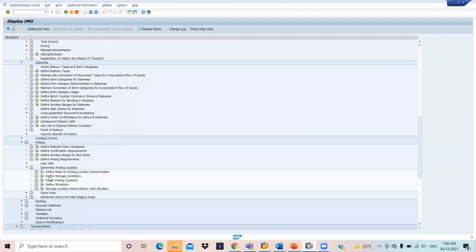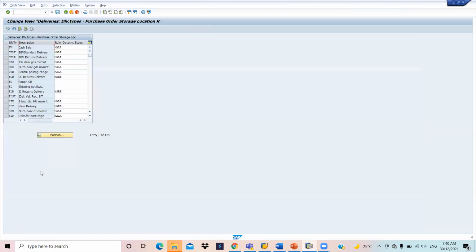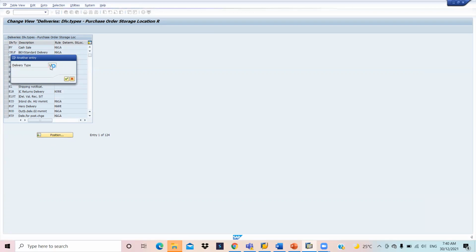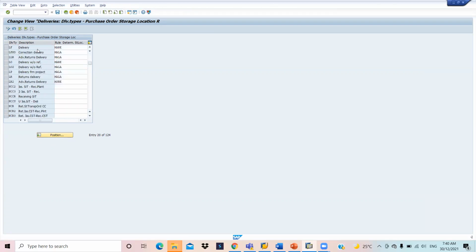So here is the setup. Define rules for picking location determination. You have to define the rule. Then you have to assign the picking rule to the delivery document. Here I'm taking the standard delivery type LF. You assign the rule here, either MALA, MARE, or RETA. Here this is MARE.